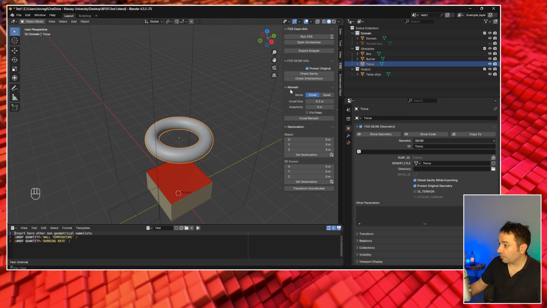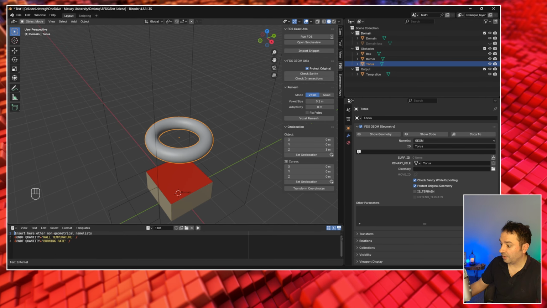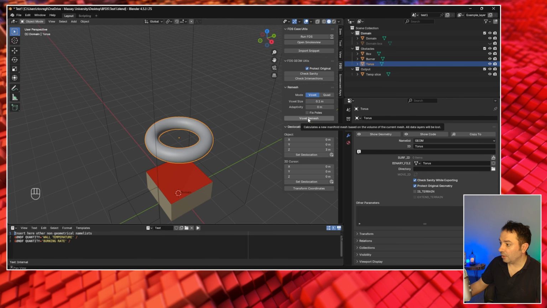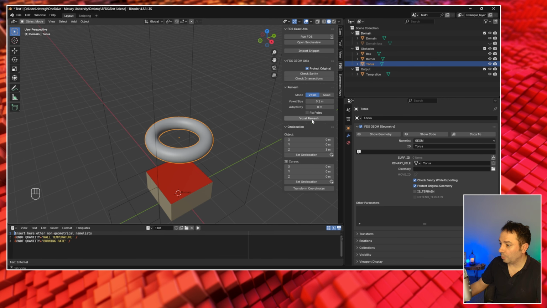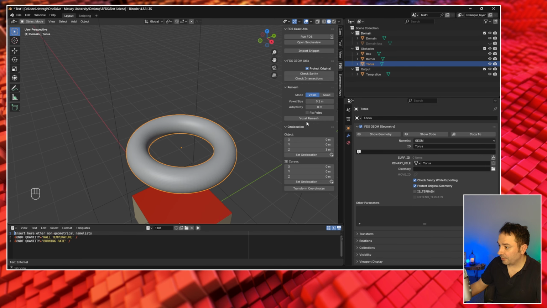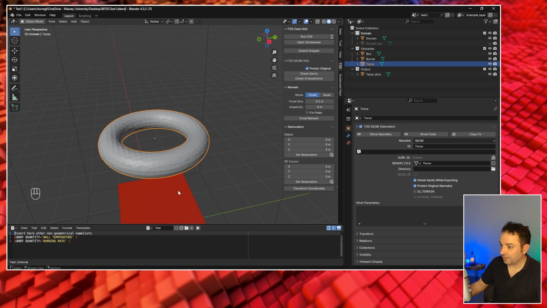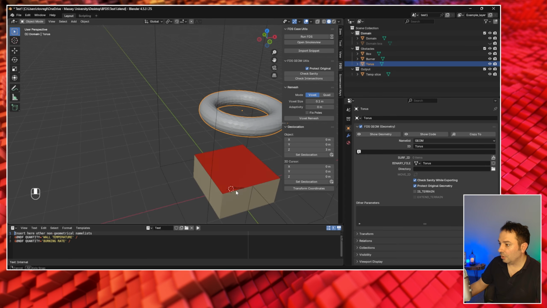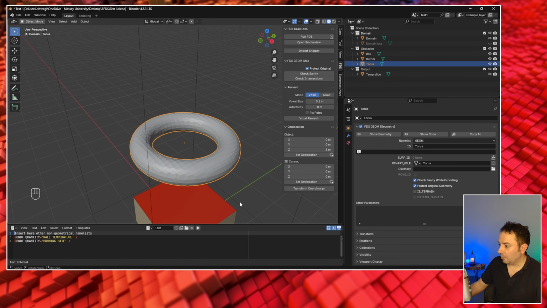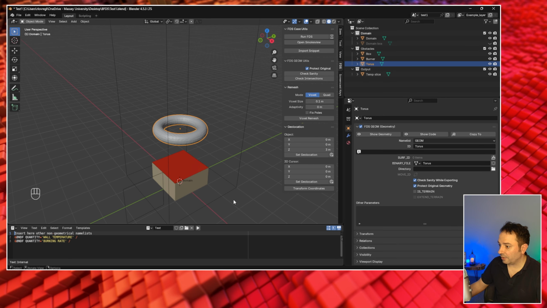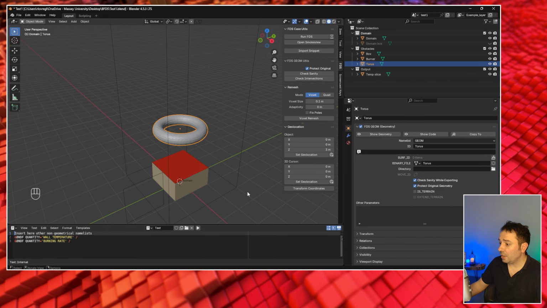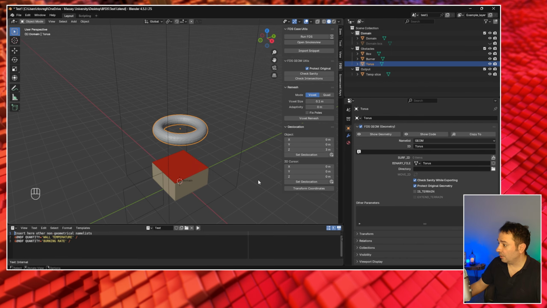We have also the possibility to remesh in case the sanity check wasn't going really well. So you can use one of the two options. And if we press voxel remesh, you'll see that this has been rediscretized in a way that is not gonna be problematic for FDS. So once we have done this,